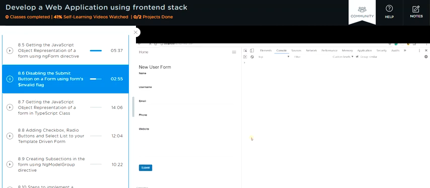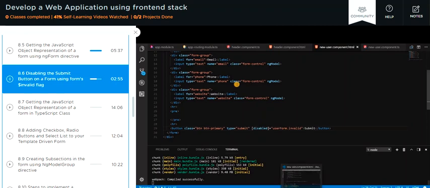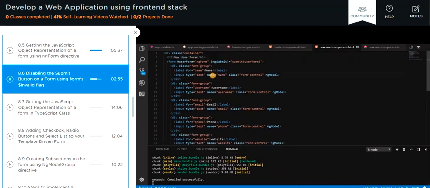If I save this and go back, the form can still be submitted, and the reason for this is because the form's invalid state is false and the valid state is true in this case. So how exactly can we check whether this will get disabled or not? Well, let's start with our first